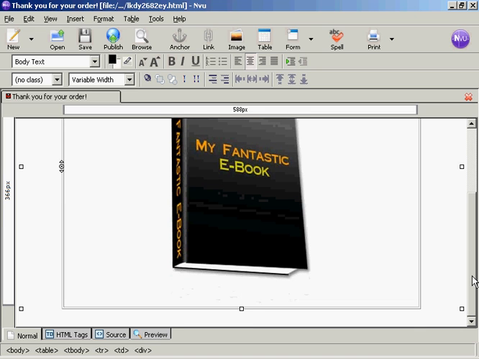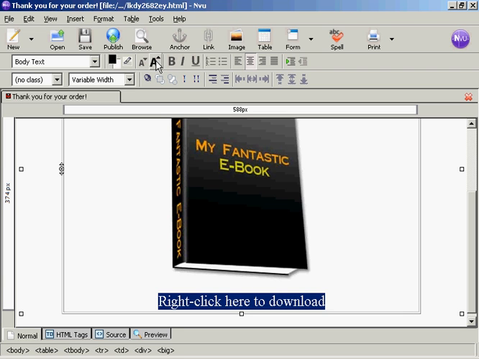Now you need to have the link so that the person can download your product. So we're going to put that in here, and I'm going to put in the instructions. So right click here, and I'm going to make that quite large so people don't ignore it. So I'm now going to increase the font size, so I'm going to click a couple of times there,